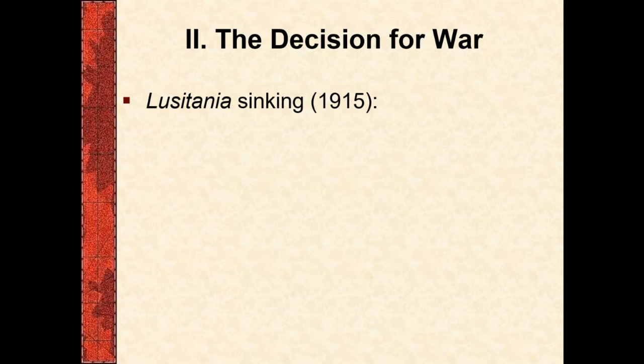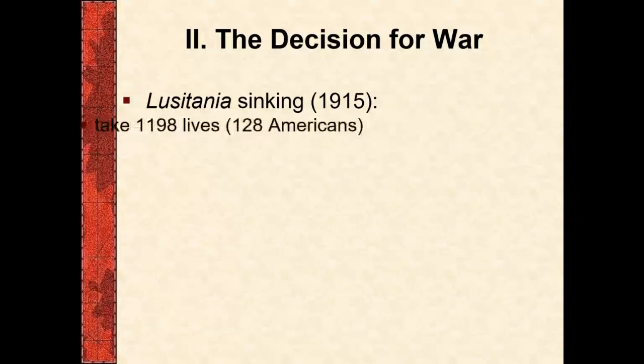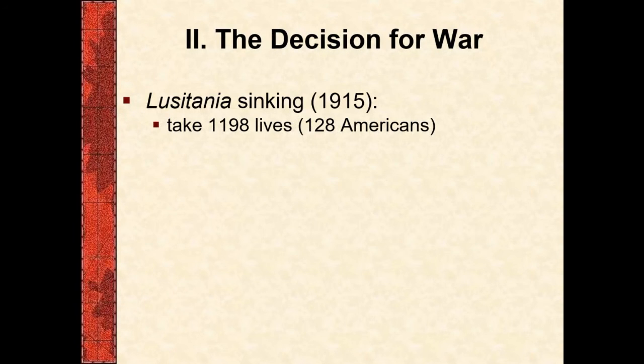Lusitania sinks in 1915. It is a cruise ship operated by the White Star Line, famous for the sinking of the Titanic. It's a large steamship, and it has been carrying people, as a cruise ship does, back and forth on these holidays. But it's also been smuggling munitions. And they call it contraband of war is on the ship.